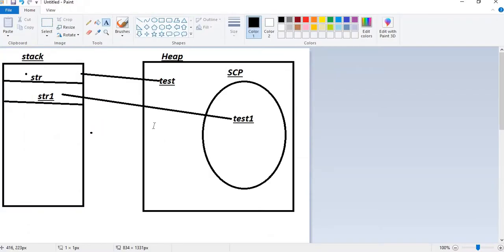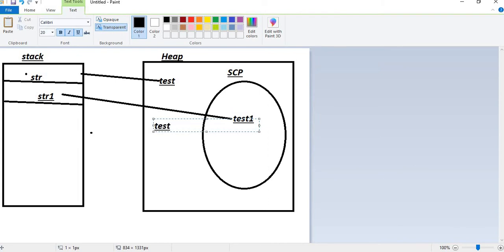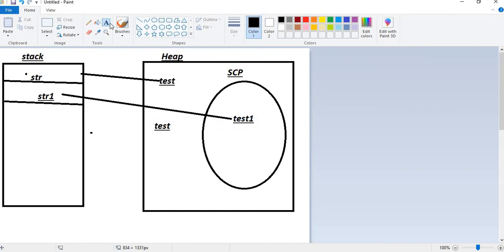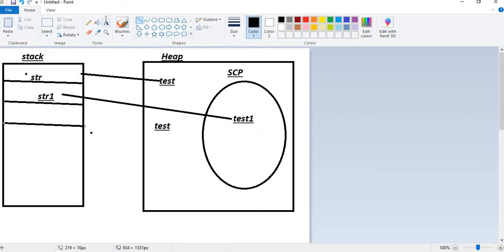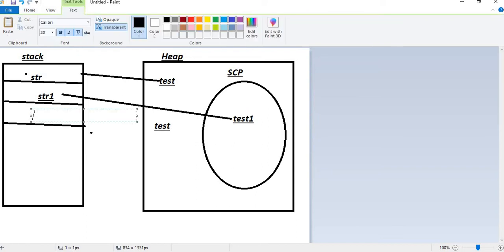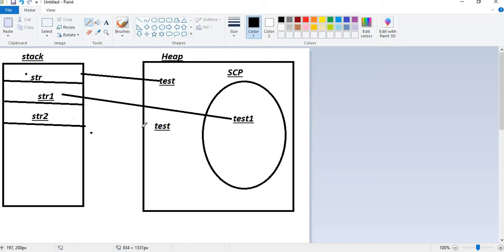It will simply assign an address to this test value, and the variable will get into stack.